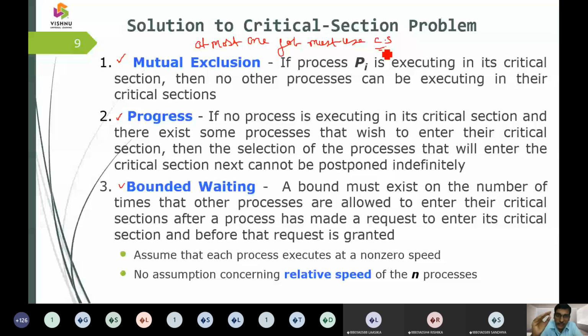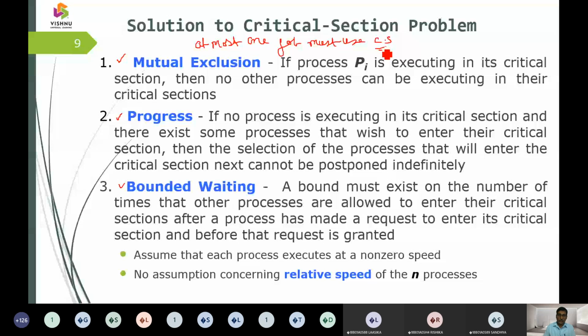So it is possible with entry section and exit section. Okay, who are the nominee people at entry? Who are the people waiting at exit? The three things waiting at entry and exit will be the mutual exclusion concept, the progress concept, and the bounded waiting concept. What is mutual exclusion? Mutual exclusion gives assurance that if Pi is going to activate a critical section, no other job will enter inside. So either Pi should be there or Pj should be there, and at most one job is going to be active at one interval of time in the critical section.